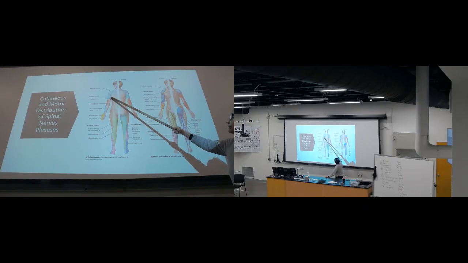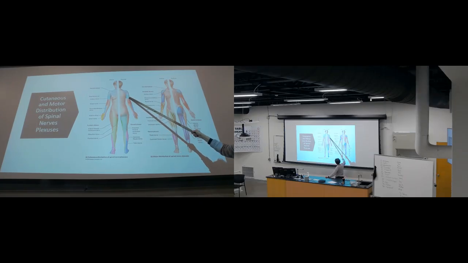Axillary nerve specifically is going to innervate anterior part, lateral part, and posterior part of the mid area of the arm. Radial nerve in the lateral upper part and lower part from the antecubital area. And then posteriorly, all of this region,